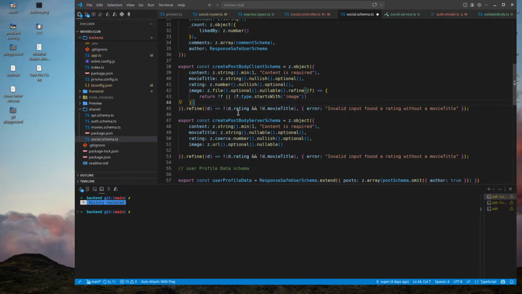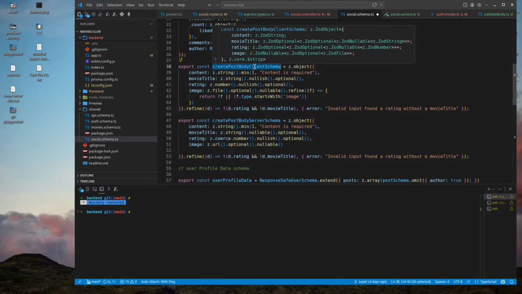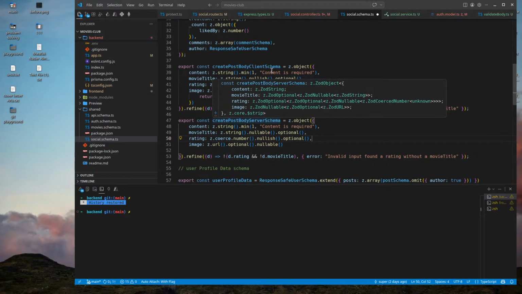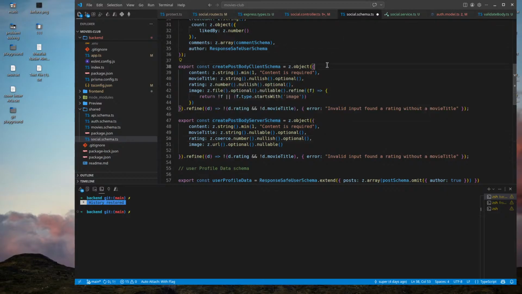And if this type is for the server only, but it's not, it's actually being used inside my React. Both of these are being used inside my client code. I don't know if this pattern is acceptable: create post body server schema, create post body client schema.